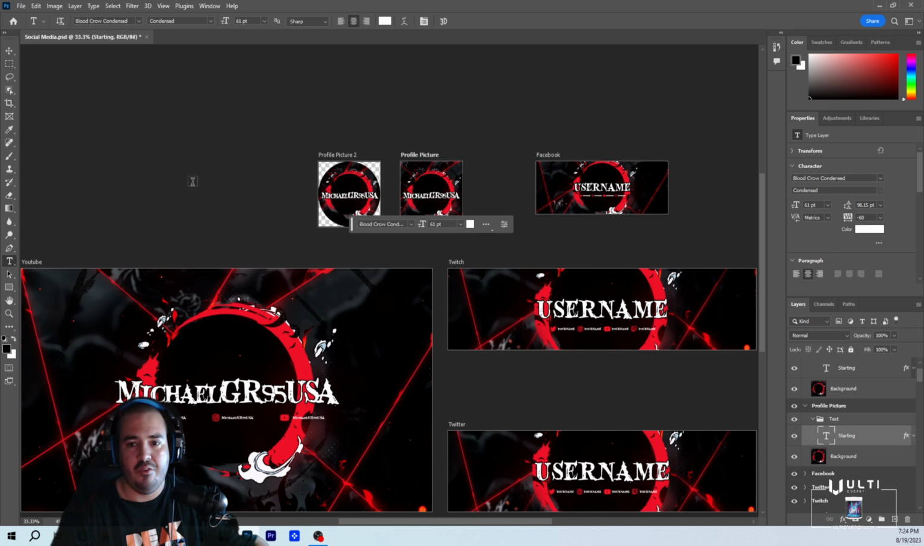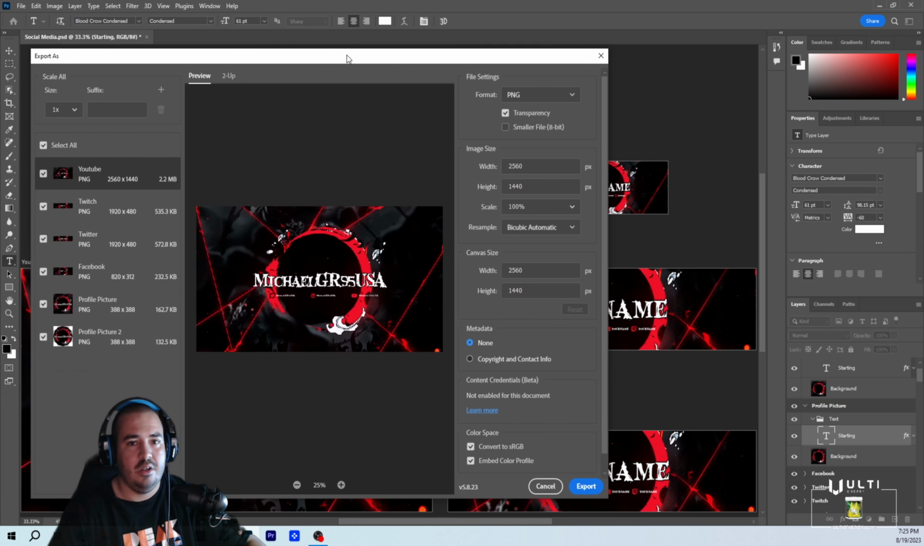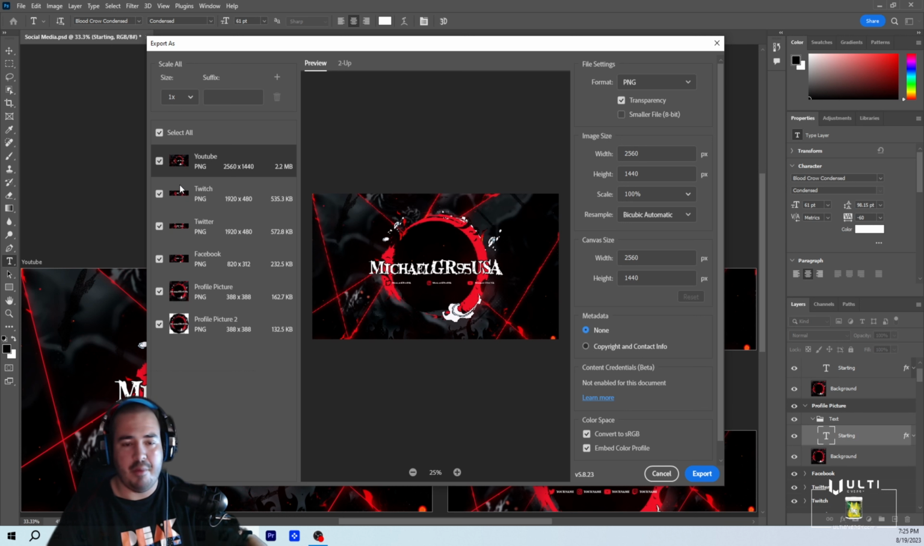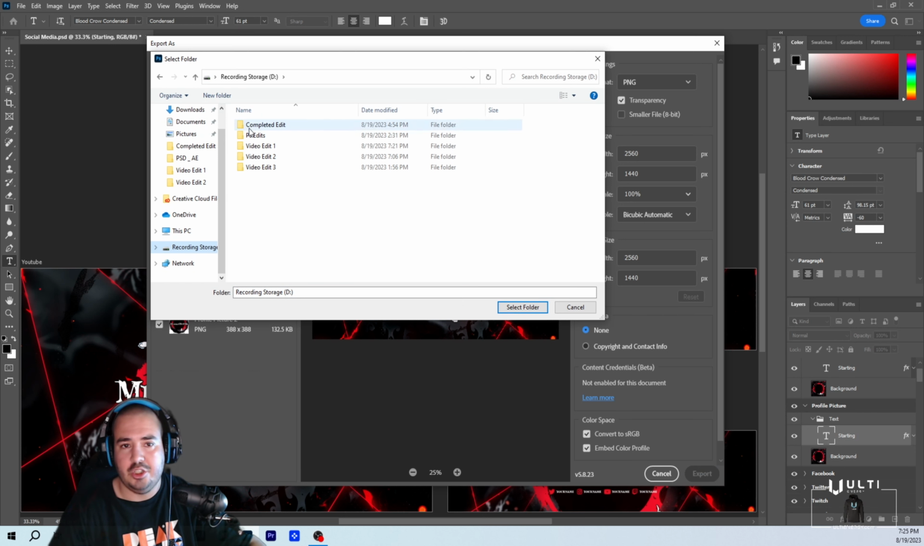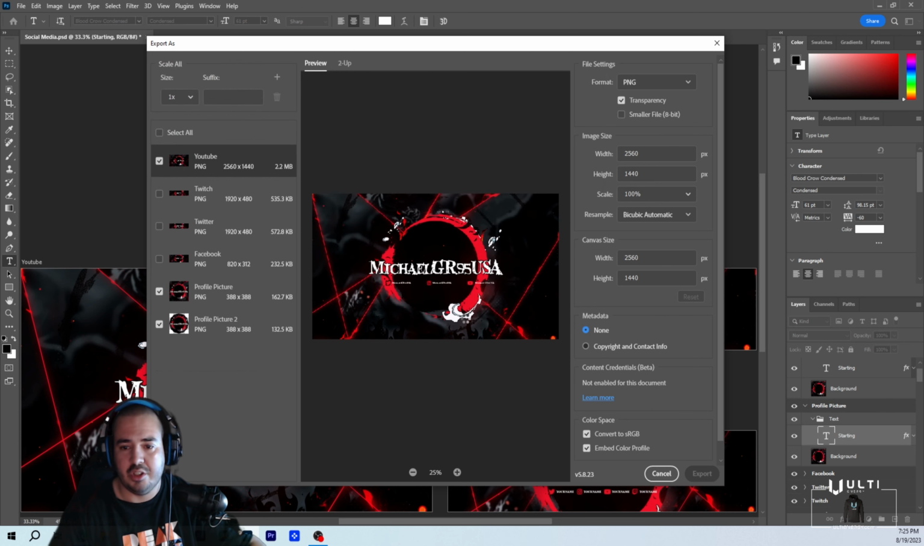Export as, and just give it a little bit for it to load. I have to move this over here because I don't know why it's loading up on my other screen. So we're going to uncheck this, and this. Keep these three checked. Alright, and obviously you'll be able to see the sizes and whatnot. And then we're going to hit export. I'm actually going to go ahead and put it in my external hard drive. So it's saving,